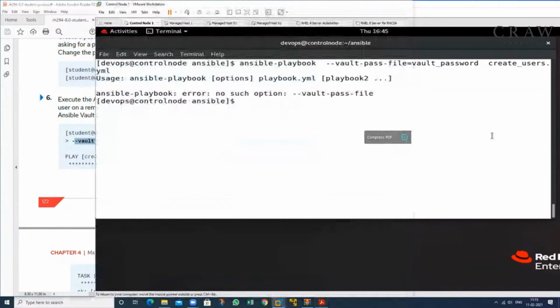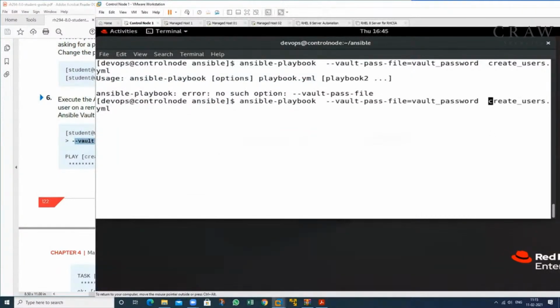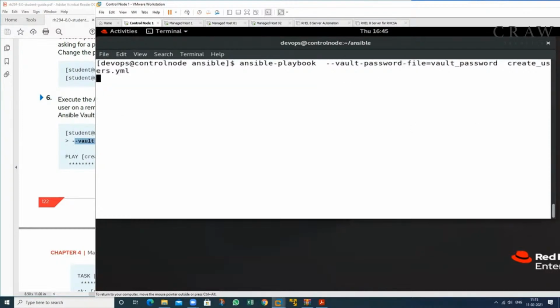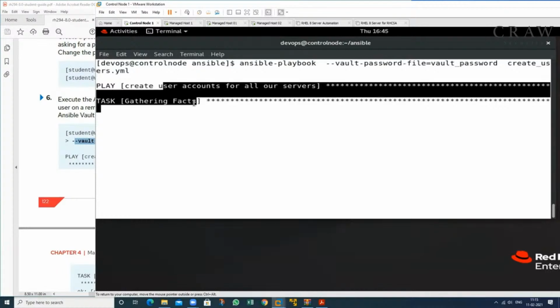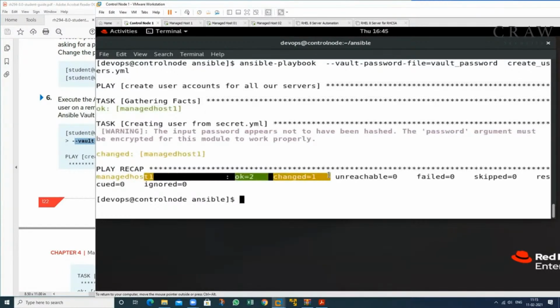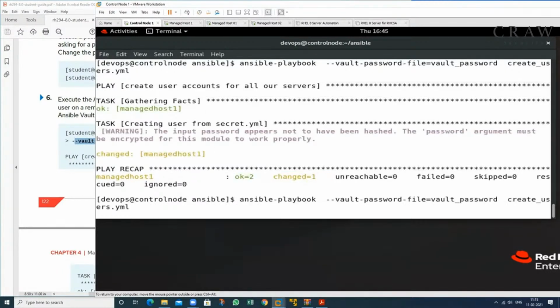Okay, not pass password. We have just here password, not pass. WORD password. Vault password file. So this is the whole syntax. Then we are able to run this one. So the user has been created, and if you want to see the user is created or not, Ansible managed post 1 -a argument, and you want to see